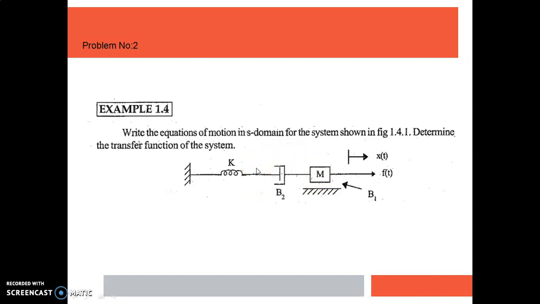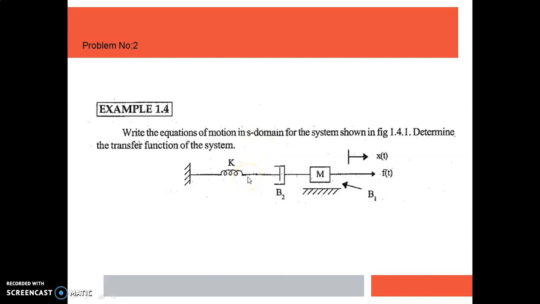So now we are going to the second step, that is we have to assign the displacement. Regarding the first mass body, x of t, the displacement is given. Regarding the second mass body, for M equal to 0, we have to assign a displacement. The response displacement will be in the same direction, so we can assign a displacement x1 here. So the second step is you assign a displacement here in the same direction as that of x of t. Mark it as x1.